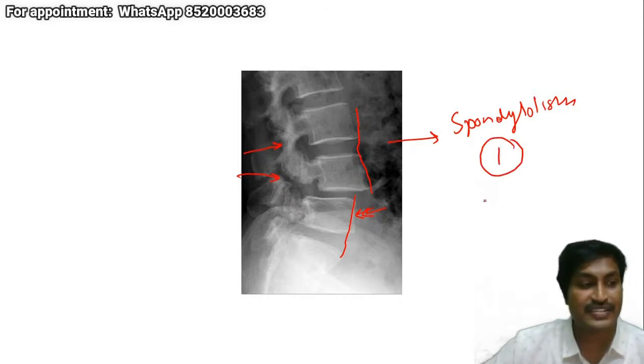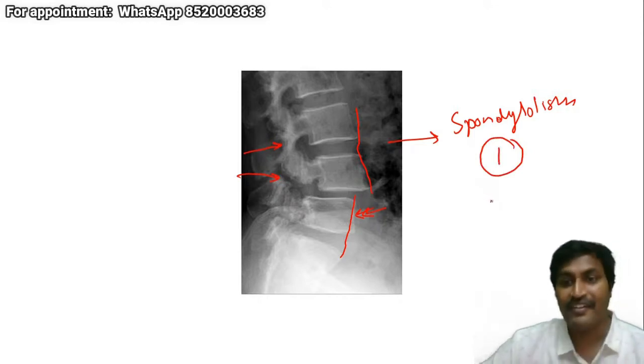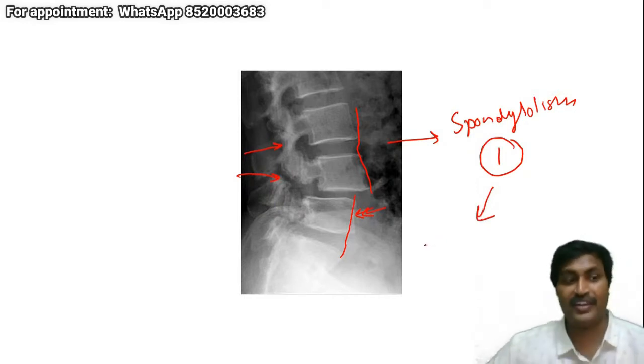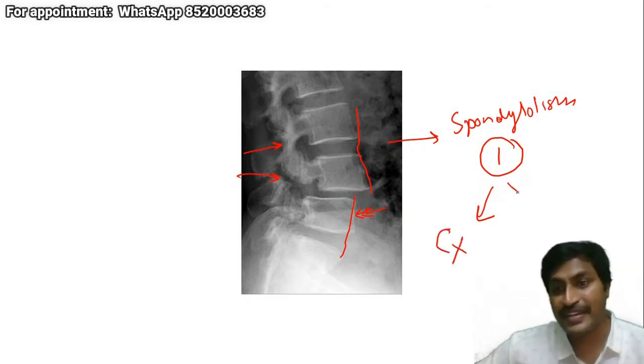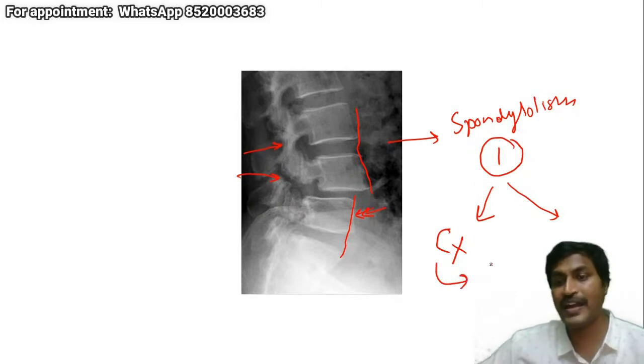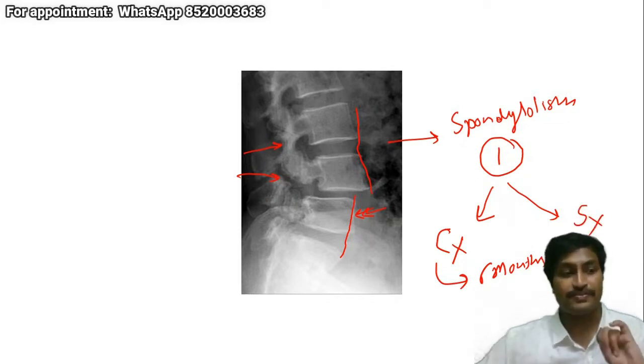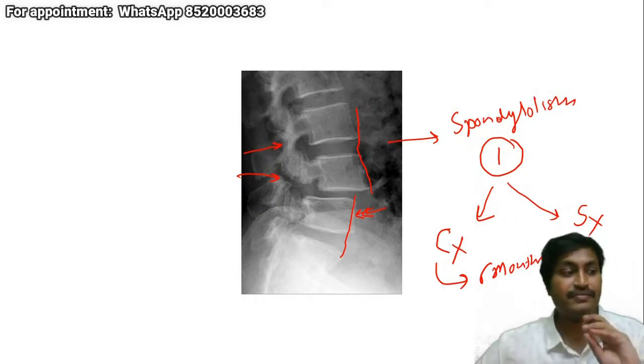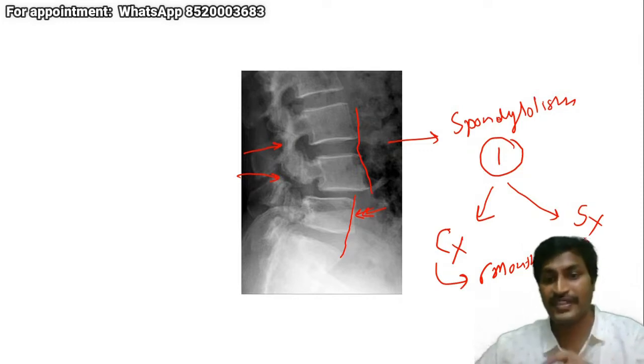When there is spondylolisthesis, if it is grade 1, if the patient is minimally symptomatic, if physiotherapy is working, if the lumbosacral belt is working, then you will go with conservative management. You use conservative management for 6 months, and if the patient fails conservative management, then you will require surgery. So spondylolisthesis grade 1 is mostly managed by physiotherapy alone.